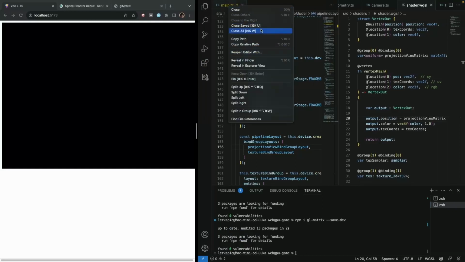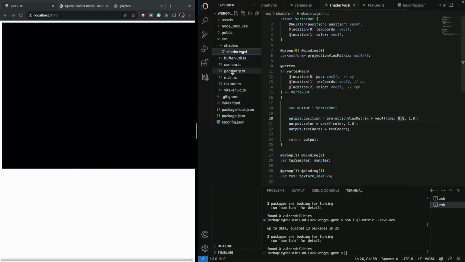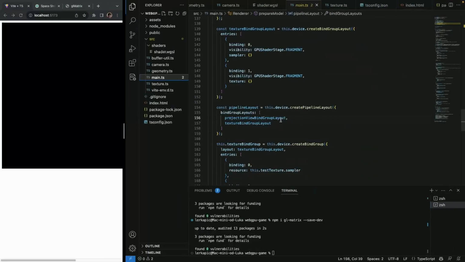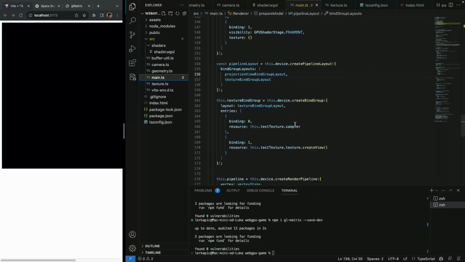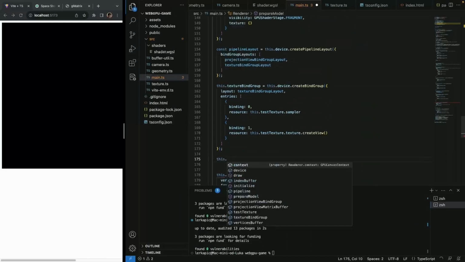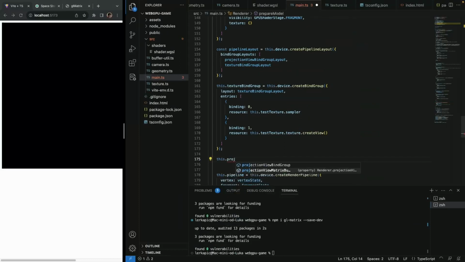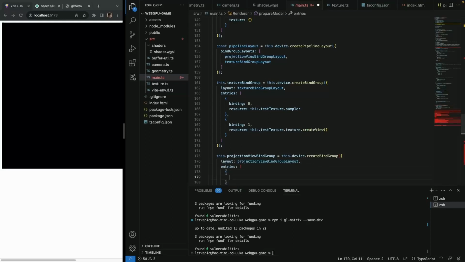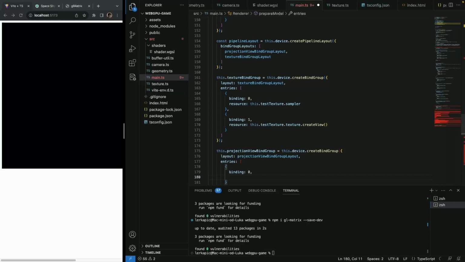So let's see, close all. Why did I close all? All right, let's go further. So we explained the group. We have our bind group layout. And actually we need to create here this. So projection view bind group. So we need our bind group layout. We said it was projection view bind group layout, exactly. Then we have entries again. So binding 0, and here,